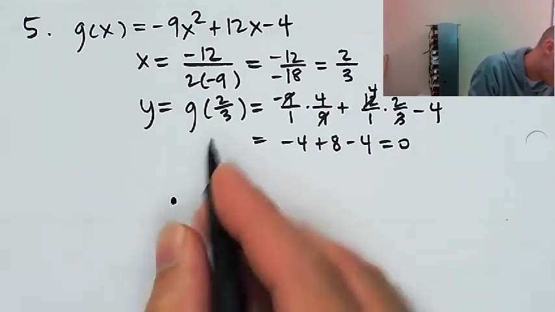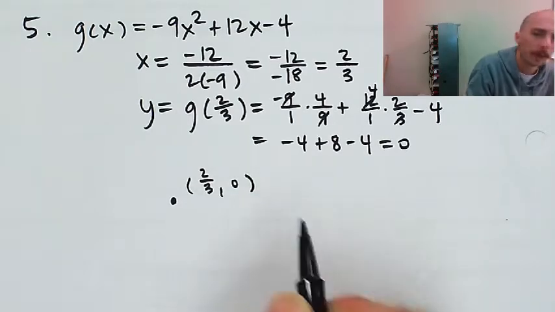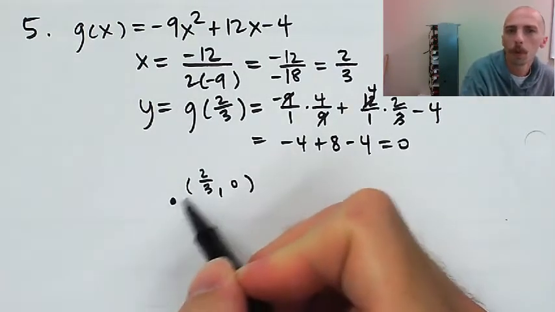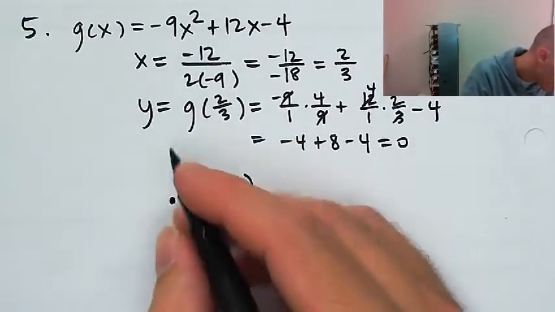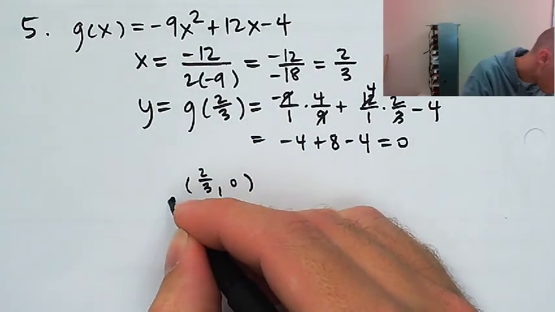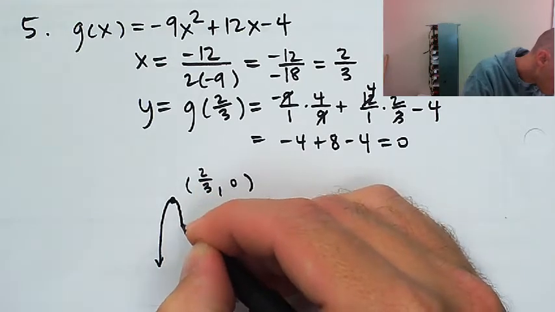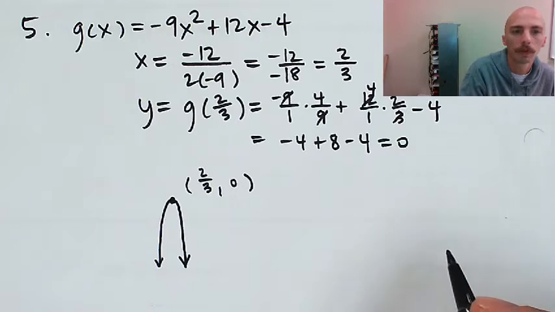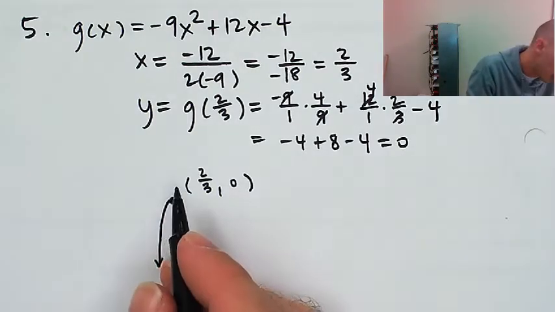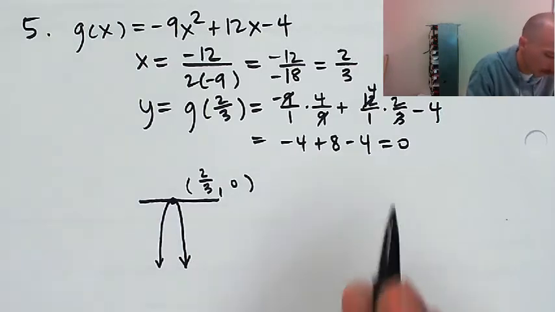Okay, so I'm going to put that point here. x is 2/3, y is 0. Okay, now put the little coordinates above the bow. This parabola is going to open down because of the -9x squared. Now the -9x squared is going to cause this parabola to be very, very narrow. So I'm going to try my best to draw a very, very narrow parabola. Okay, so that's 2/3 and 0. 2/3 happens over here to the right of the